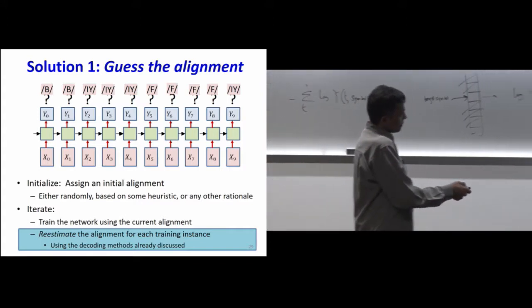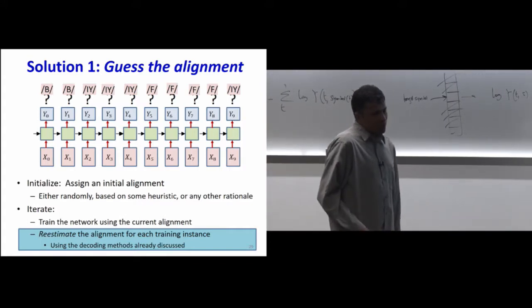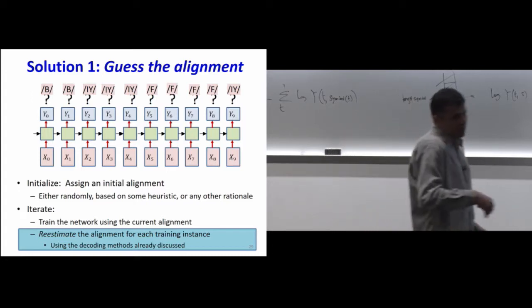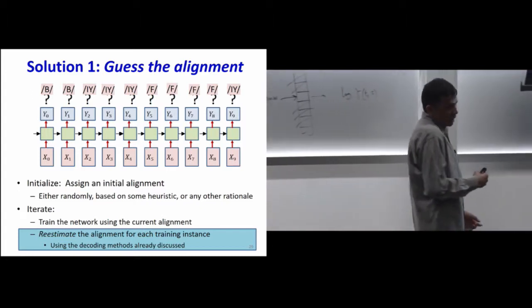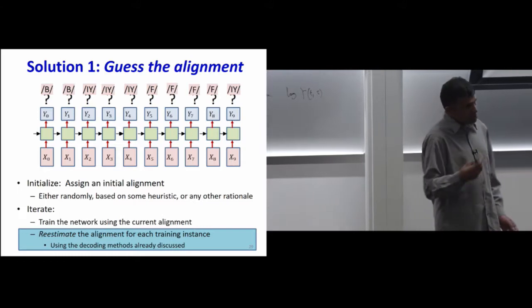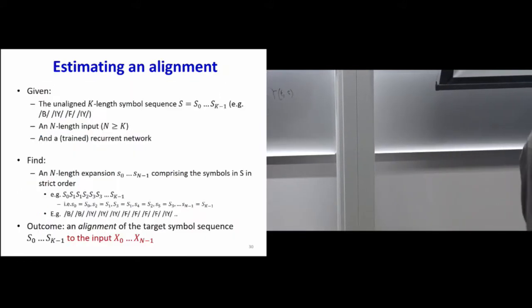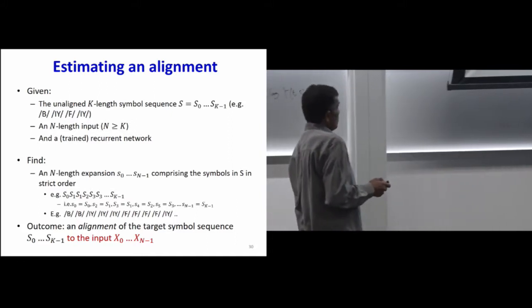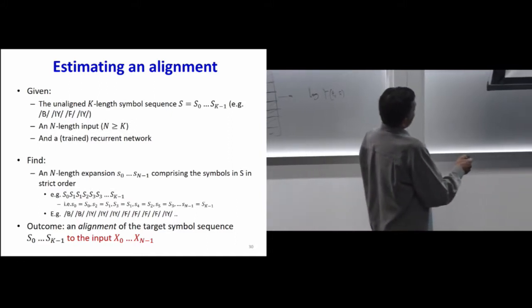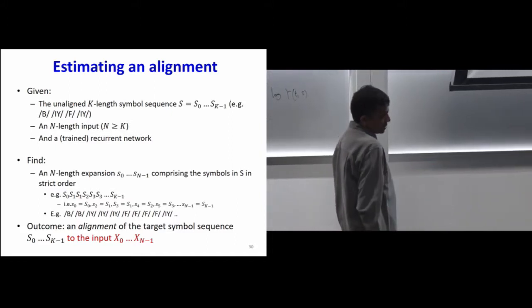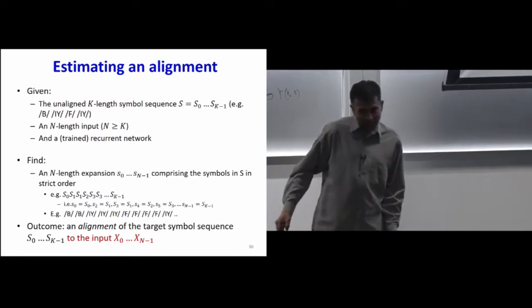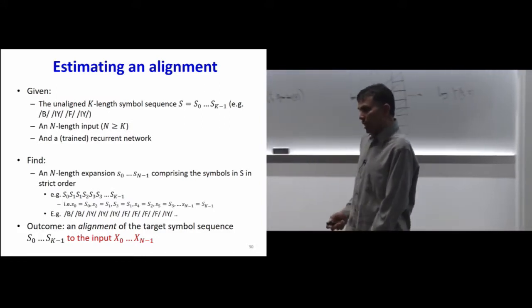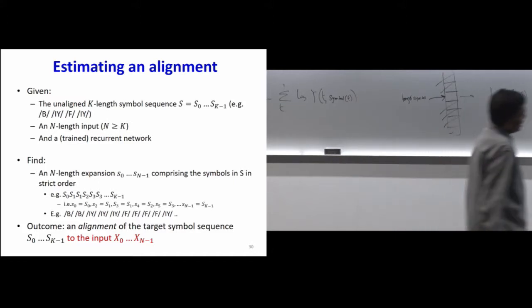I've just sort of glommed it all into this one little bullet point saying using the decoding methods already discussed. And how do you use the decoding methods already discussed? So here's what we really want to do. You're given an unaligned k-length symbol sequence. The input is length n. And so what you really want to find is to find